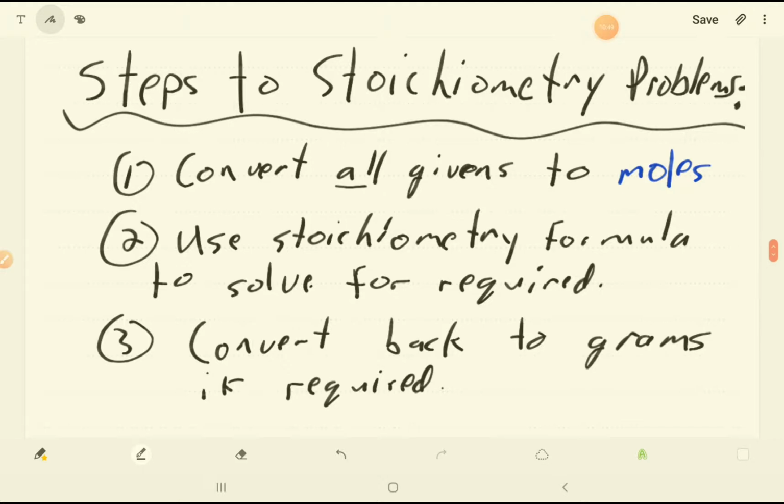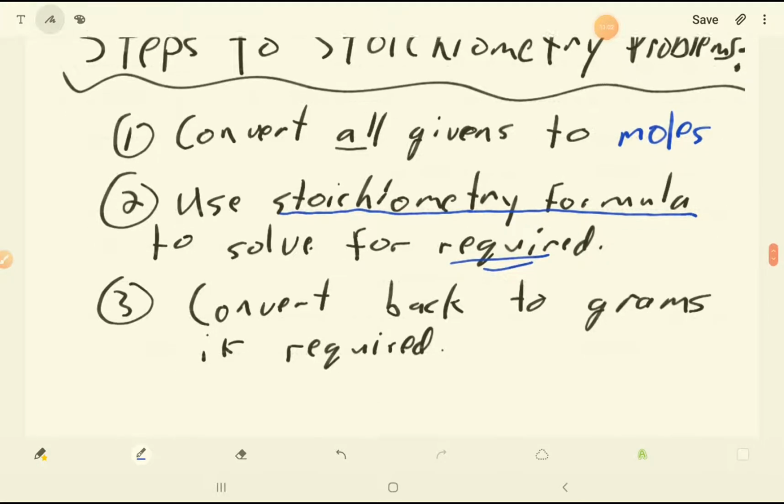The second thing is, once you've converted all givens to moles, we're going to use that stoichiometry formula that we just previously described in order to solve for the required, whatever the question is asking for. Lastly, and this may not be the case for all questions, but if they want to know the mass of something, the mass of the required, well then we'll just convert the required in moles to grams, once again